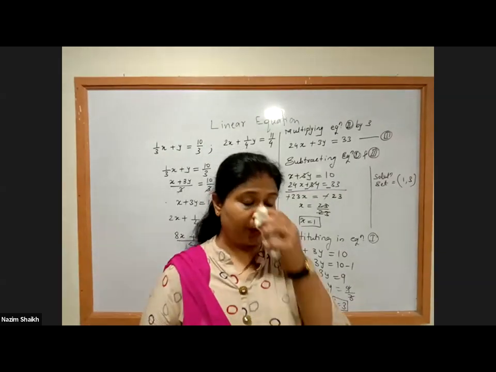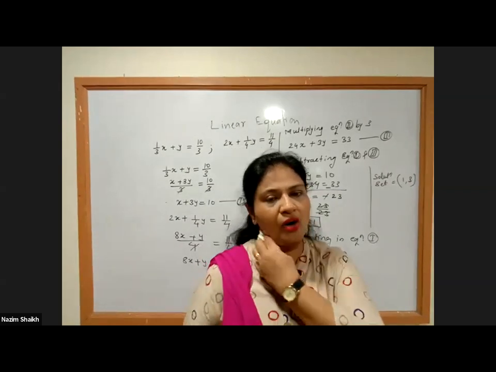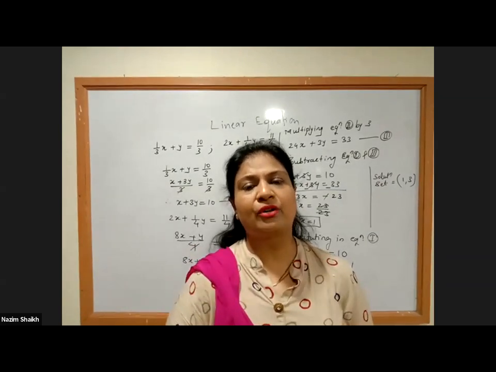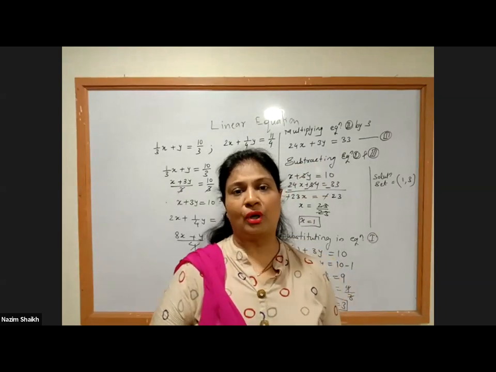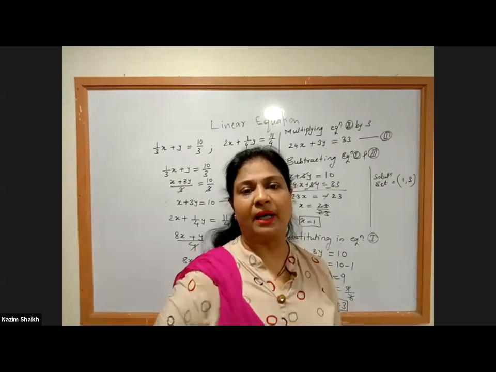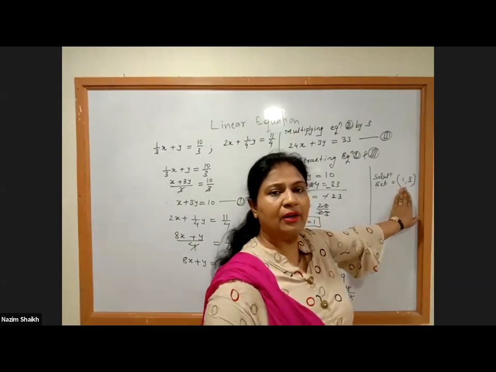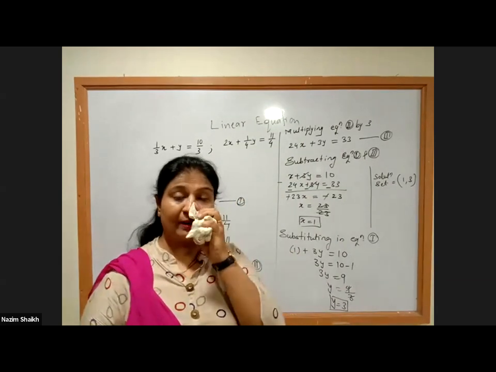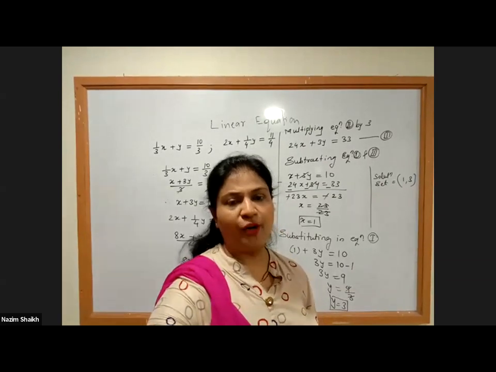I told you in the board exam, if your question of 1 mark is wrong, आपका 1 mark का नुकसान होता है. लेकिन अगर 3 marks का question wrong होता है तो directly you are dropping 3 marks, and it's a huge loss. Board exam, you cannot take a liberty of losing a single mark. I have told you, you can check out your answer by substituting these values in the equation. And you yourself come to know whether you are right or wrong. So this is another important thing about the simultaneous equation. I hope you had understood this question.